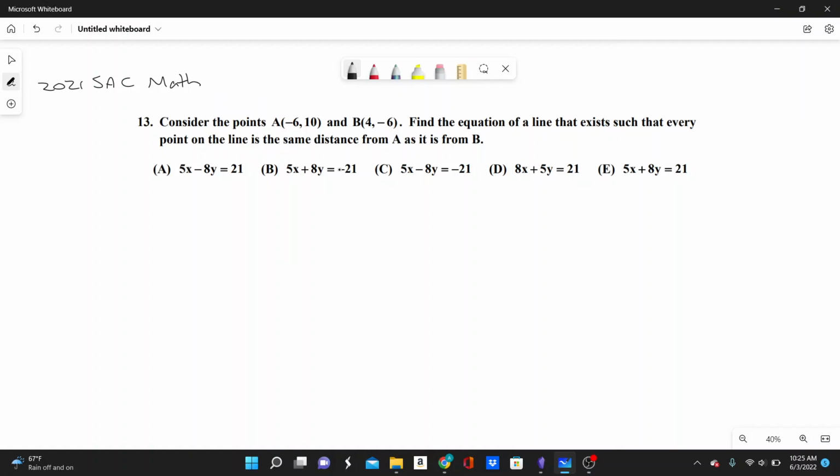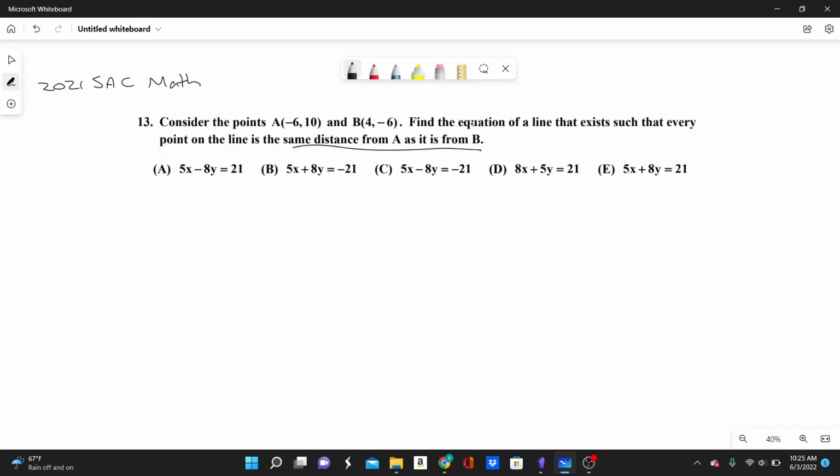Number 13. Consider the points A(-6, 10) and B(4, -6). Find the equation of a line that exists such that every point on the line is the same distance from A as it is from B. Okay, these keywords, the same distance from A as it is from B, mean you are going to want to